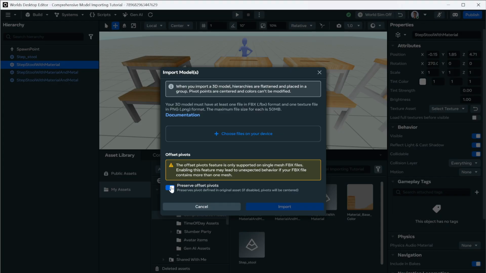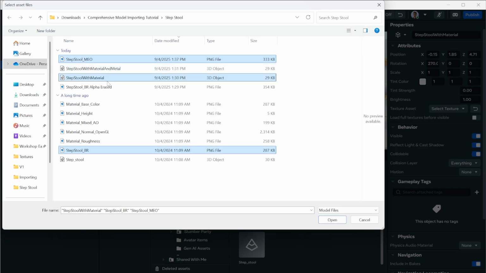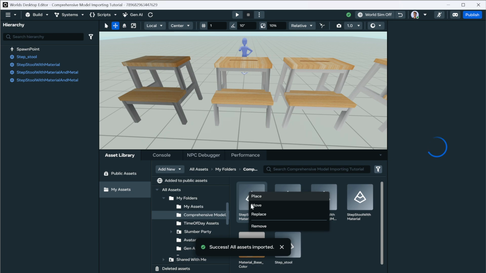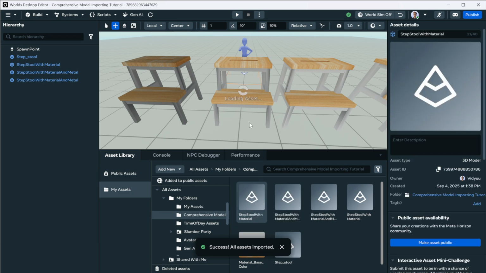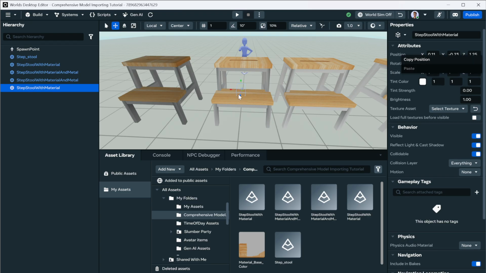Add new 3D model, choose files, step stool MEO, step stool BR, and step stool with material, not metal. And then we'll press open, import, and give that a moment. All right, that has just finished. So we'll go ahead and right click and place. And maybe this will be the last of these step stools. And so we're gonna need to copy position of this one, copy position, right click and paste, and F key,